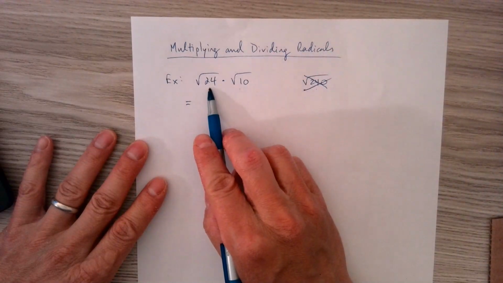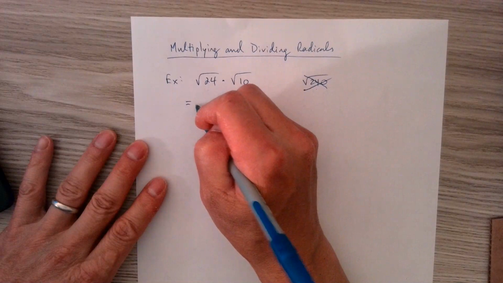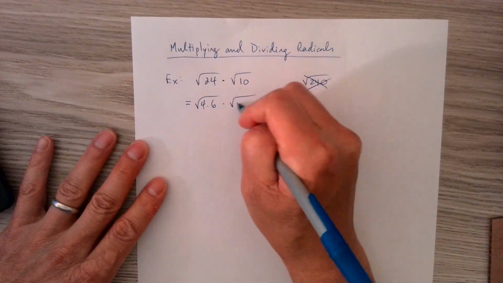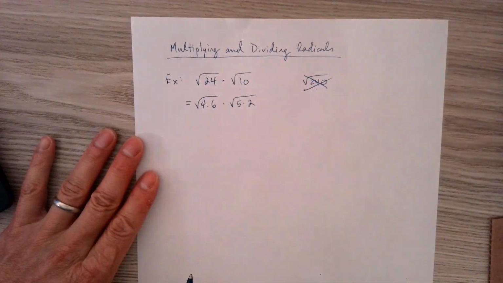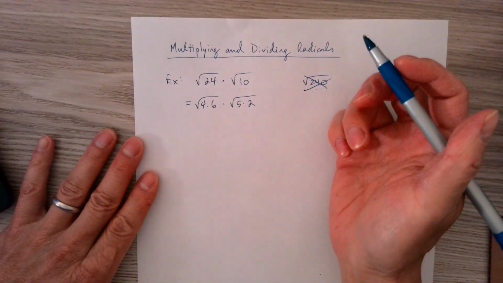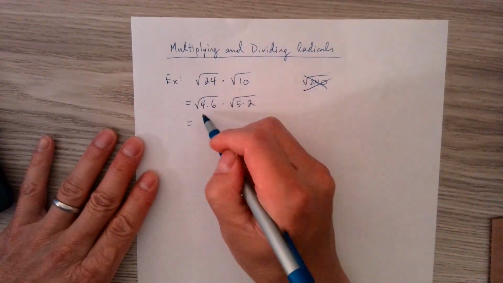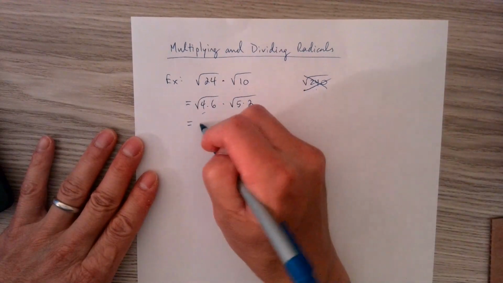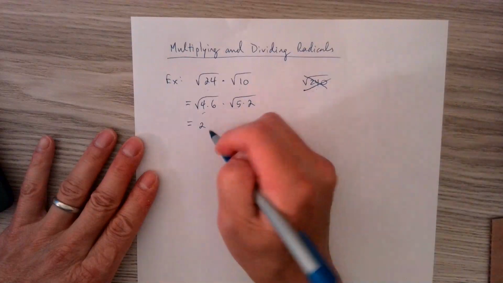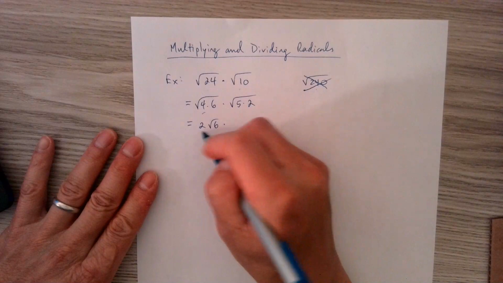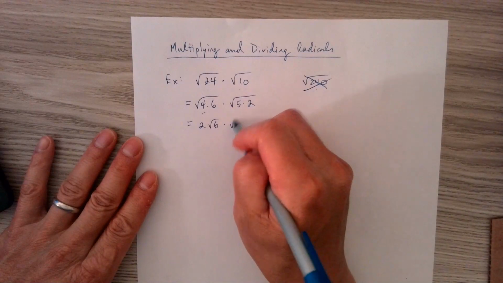Rad 24 is rad 4 times 6. Rad 10 is rad 5 times 2. And since 4 is a perfect square, I can go ahead and take a 2 out of there. And then I have rad 2 times rad 6 times